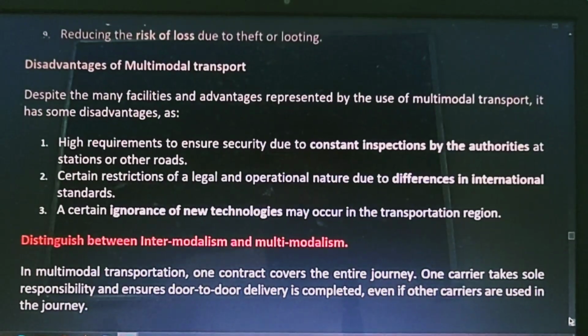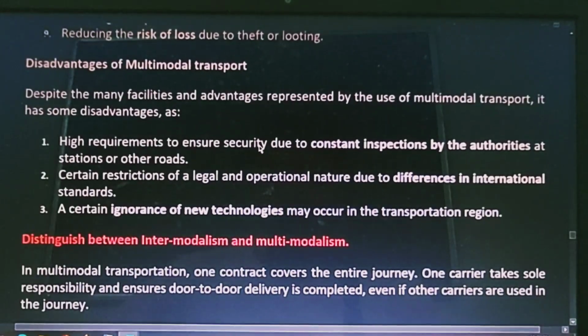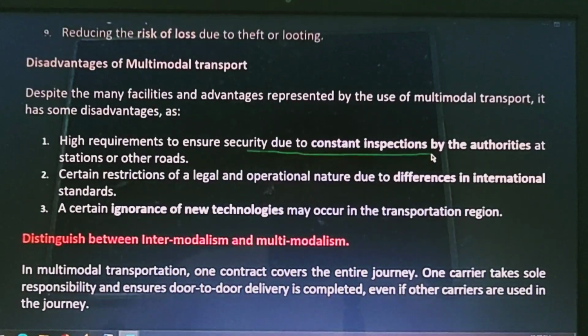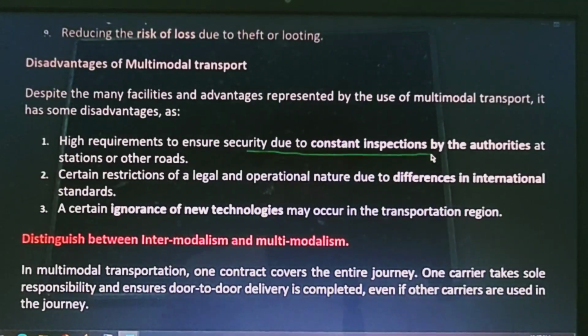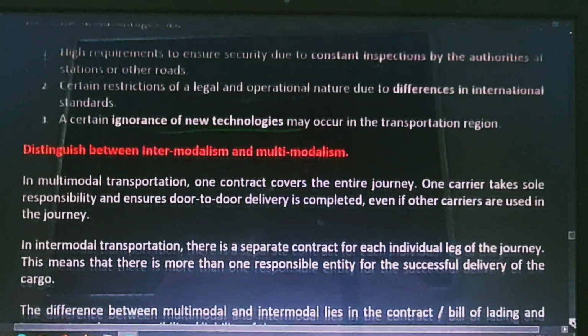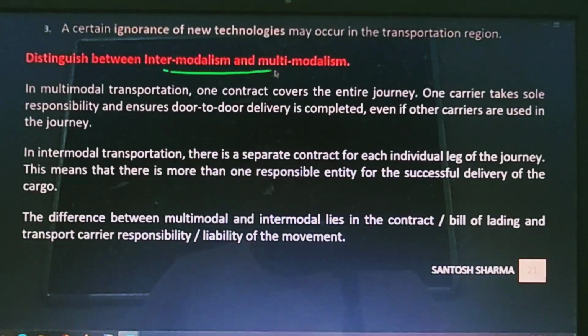Then there are few disadvantages also, like basically यहाँ पे disadvantage में, at different places the goods have to be inspected, like रोड से, रेल से, बहुत सारे सिक्योरिटीज़ के जगह से गुड्स को गुजरना पड़ता है, तो गुड्स को इंस्पेक्ट किया जाता है, एंड अगेन इट ऑल्सो इंक्रीजेस द कॉस्ट, एंड द थर्ड फैक्टर इज टाइम, टाइम बहुत ले जाएगा। ओके, मल्टी मोडालिज्म एंड इंटर मोडालिज्म, इसका डिफरेंस भी बहुत इंपॉर्टेंट है, बहुत बार एग्जाम्स में आता है, बहुत ही इंपॉर्टेंट क्वेश्चन है, तो इसको भी जरूर से पढ़ के जाइए